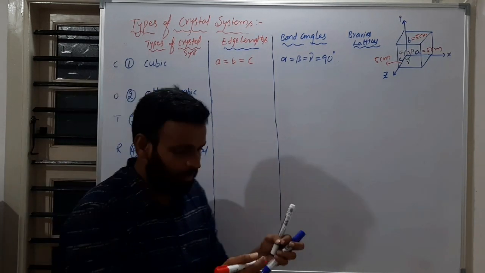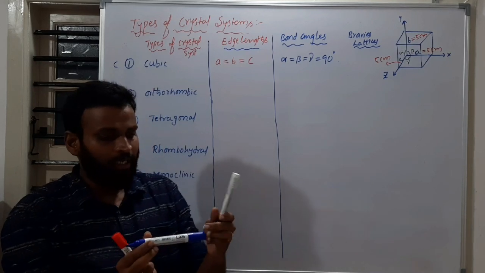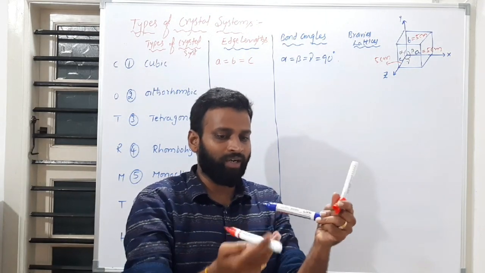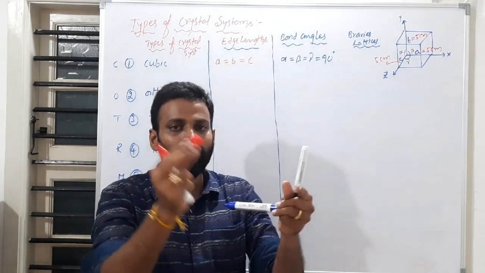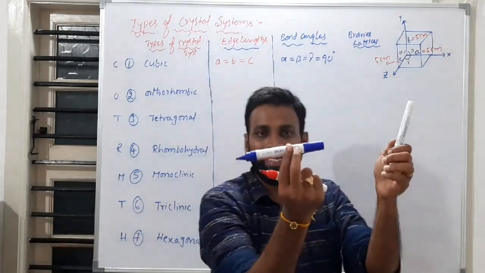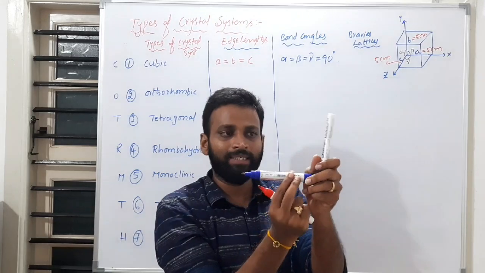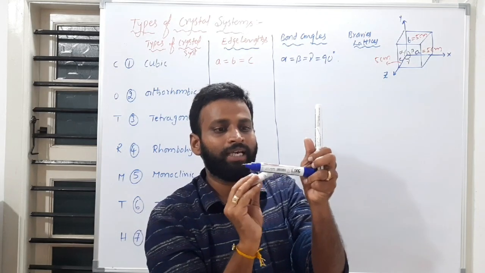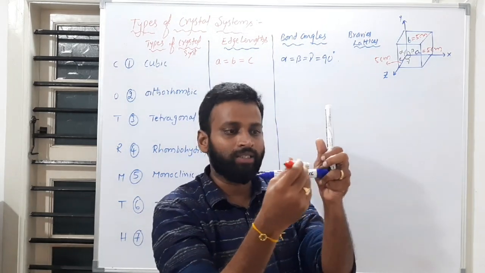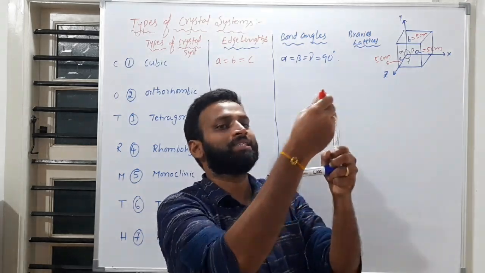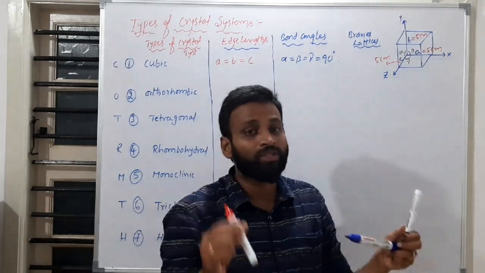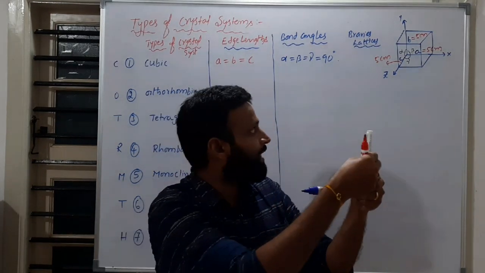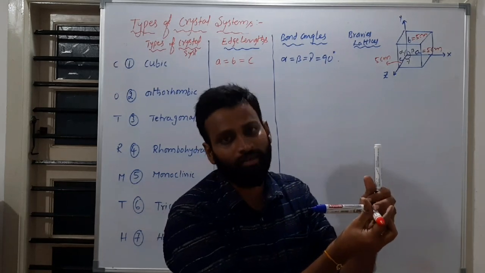Orthorhombic. In orthorhombic, what will you do? Same story. Here I am considering this is A, and now this is B, and something is different, like this. This is C. Now this length increased for A, and B is the same, and now C has become very short. So this A length is different, this B length is different, this C length also different. Means what I did, A I increased, B I did not change, but C I shortened.